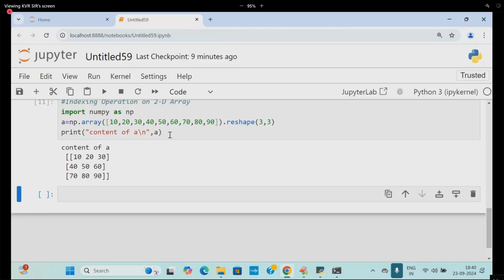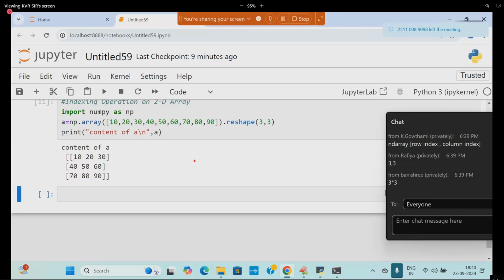Now I want you to observe it carefully. First time you are seeing the matrix internal memory management. This is called, dear students, 0th row. What is the next term? 1. 0th row, 1, next is called 2. These are all called rows. What is this column called? 0th column. Next 1. Next 2. These are called positive indexing of rows and columns.